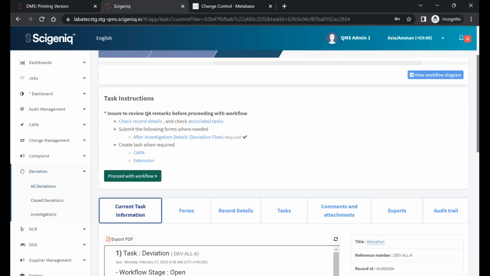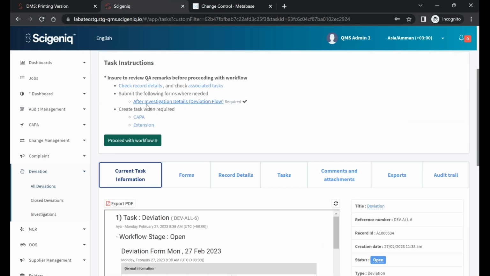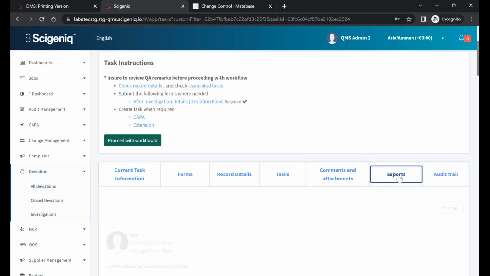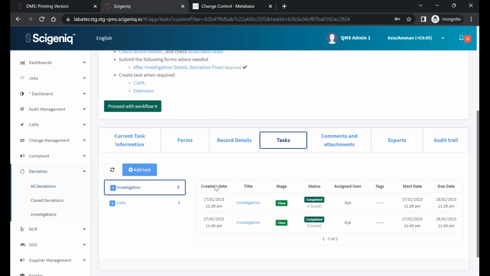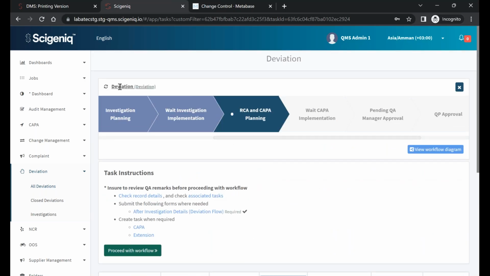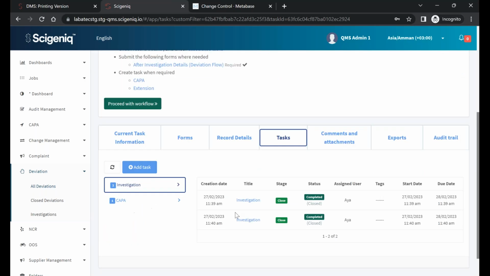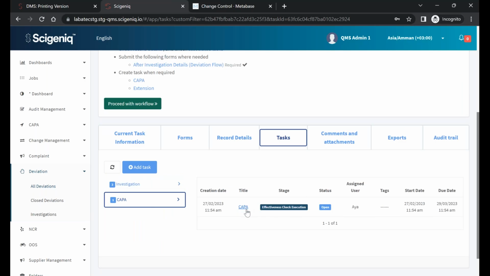The system will also tell me, for example, that I need to fill in this investigation form, and it's ticked with this mark, which means it was done, but I can still create some optional tasks like CAPA and extensions. I can look at the audit trail, I can export different reports, and you can see some tasks. The beauty of it is that this deviation has subtasks like CAPA. So if I click on the CAPA,